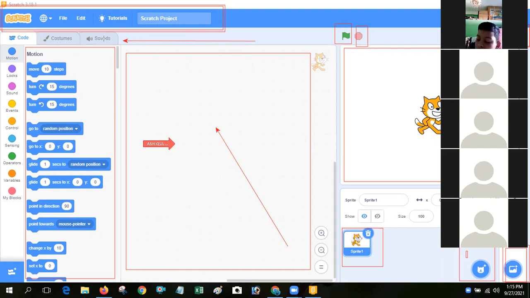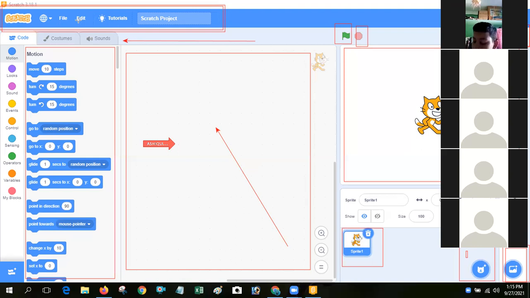Now we will discuss what the menu bar is, and why we use the menu bar in the Scratch program. Various sprite related management tasks and projects are there in the menu bar. For example, to open a new project you should use the file tab. And if you want to edit your project, then you should use the edit tab.